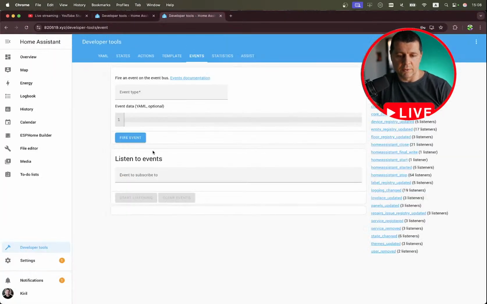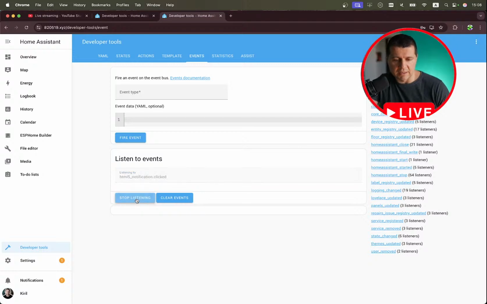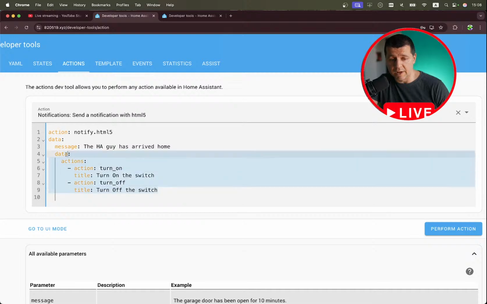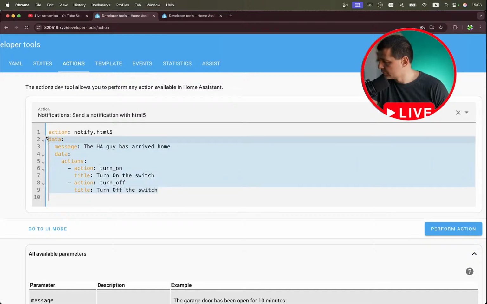So if I go here and start listening for this event, and if I execute this code right now, which will send this notification with two possible actions, buttons, and if